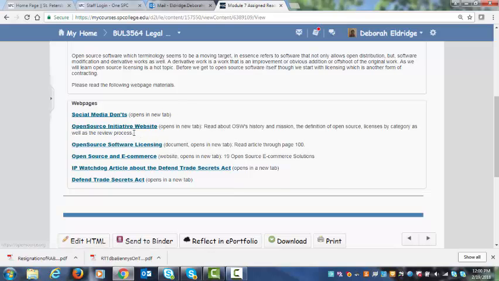Pay attention to the Open Source Initiative website, very important website that gives you a lot of great information. Because when we talk about open source licensing and software licensing, remember that licensing is simply another form of contracting. But what we do with the license is we actually license our intellectual property to another for a specific purpose, for a specific period of time. When we license on a private basis, we're doing so for a fee.